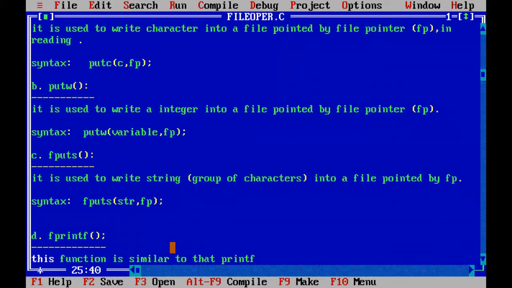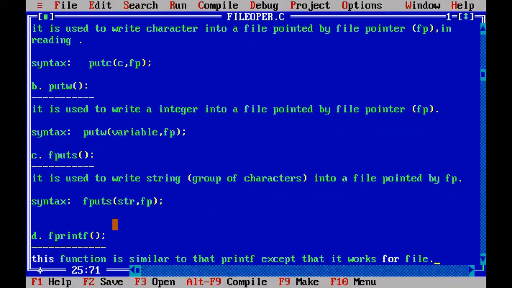So in regular programs we are using printf, and that printf and this fprintf both are the same, except that it works for a file.